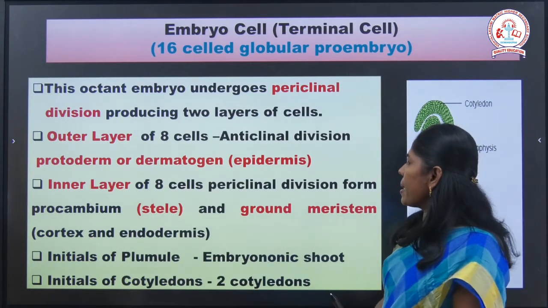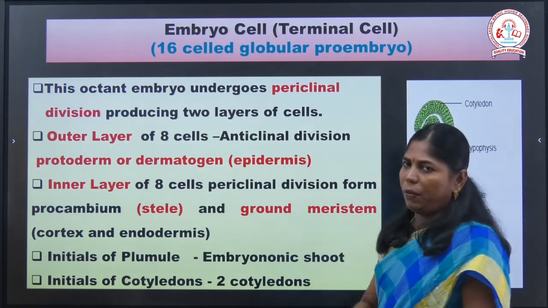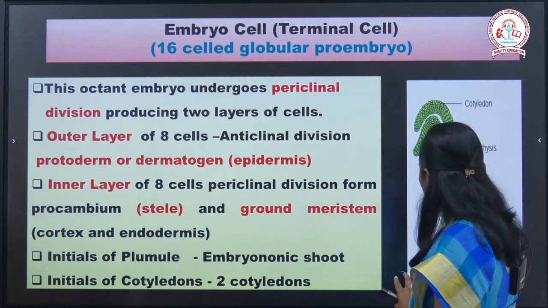Then the inner layer of the 8 cells undergoes periclinal divisions, you can see here. So what is the difference? The first layer of